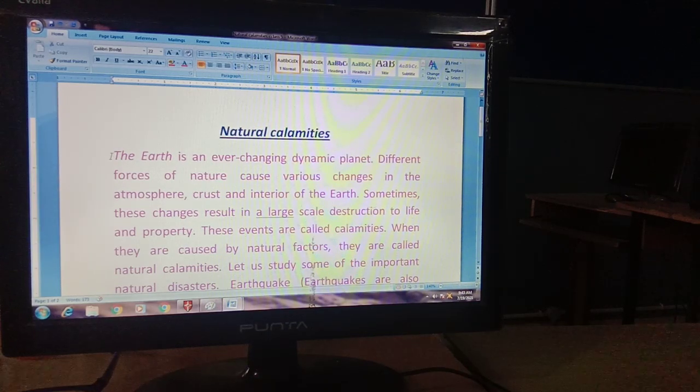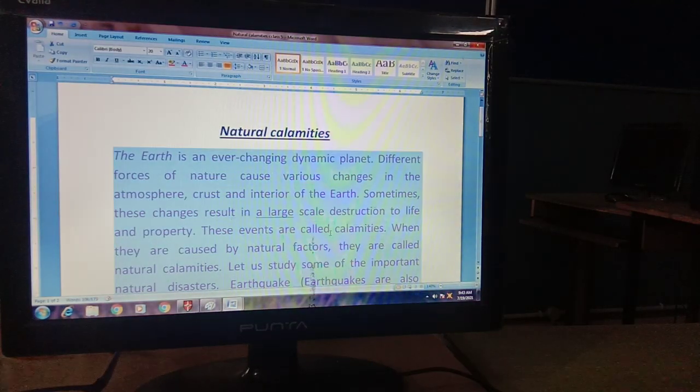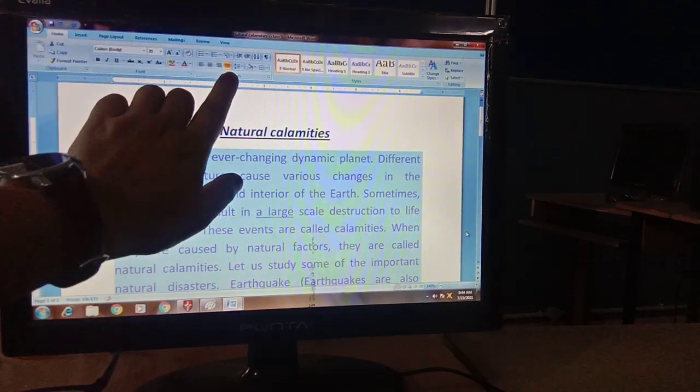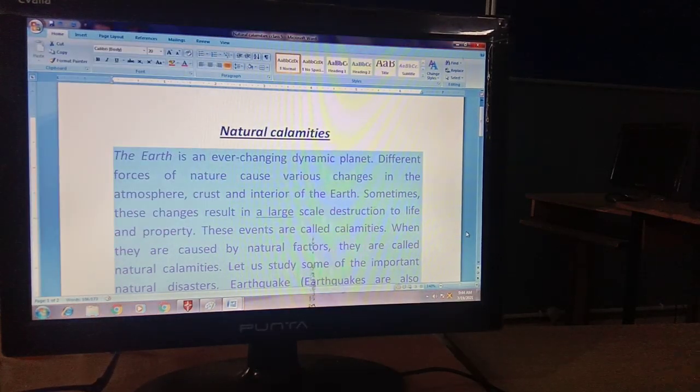For example, we will select the paragraph first. How to select? Like this: triple click on the paragraph, and your paragraph will be selected. Now our paragraph is selected. For making any changes, you need to select first. In whichever part of the text you are going to make changes, you need to select that part. Go and click on the line spacing button in the paragraph group on the Home tab.